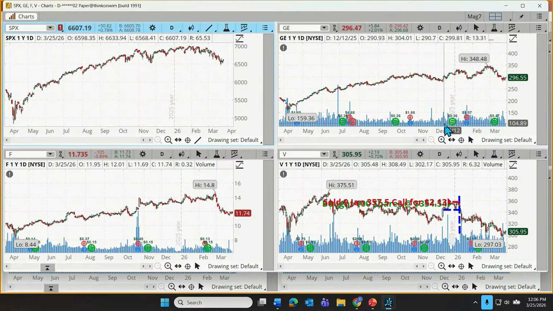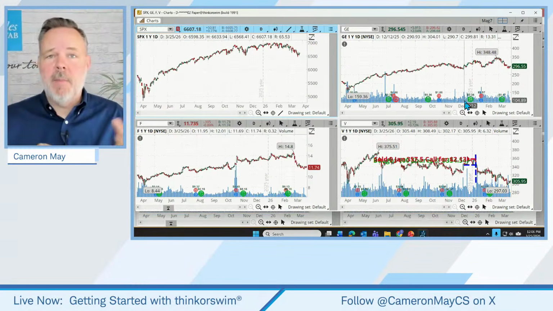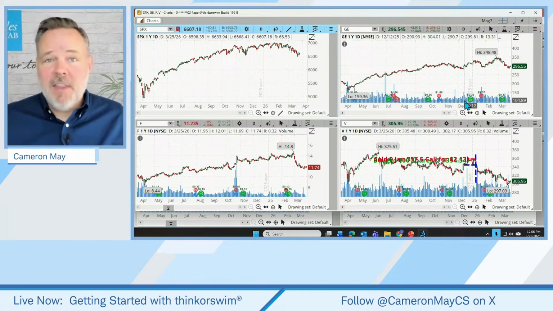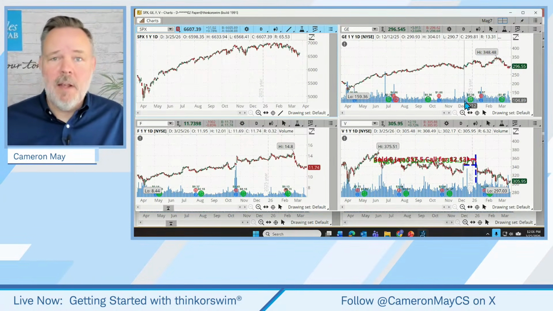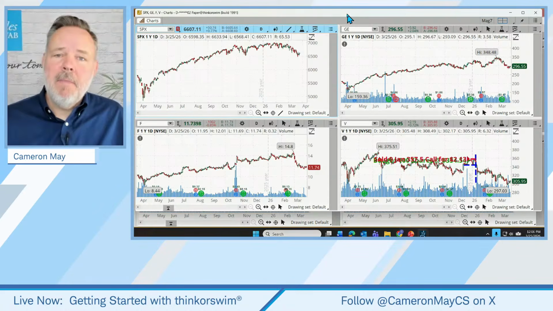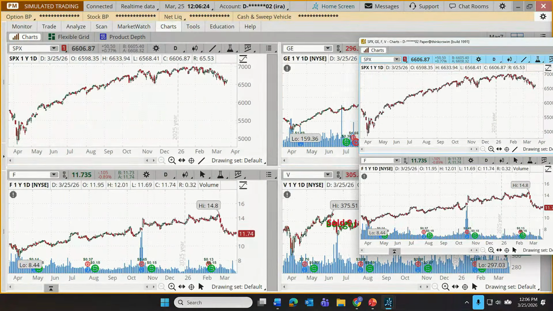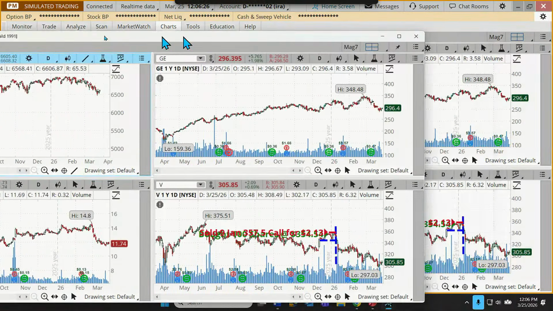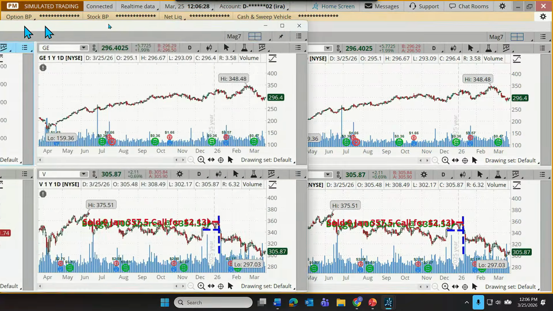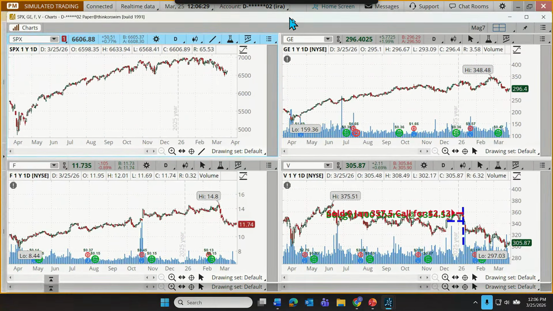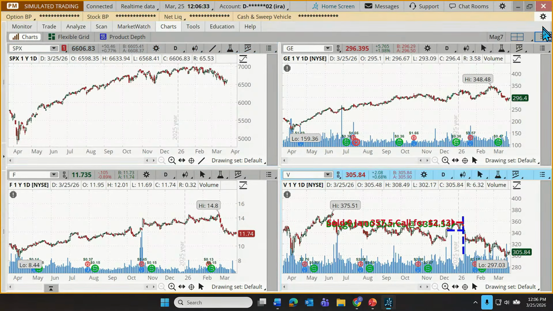Like I'm sitting here at my desk. I actually have a central monitor, and then I have a monitor off to my right, and a monitor off to my left, so that I can do all sorts of things all at once and keep an eye on all sorts of things all at once. So I could grab this now individual window separate from the Thinkorswim platform and drag it over to my right monitor, or I could drag it over to my left monitor and just have now access to a number of charts that way. I'm going to close up that detached grid.